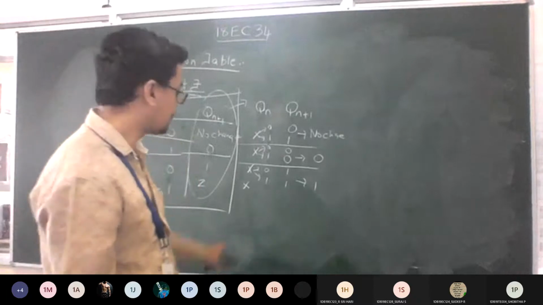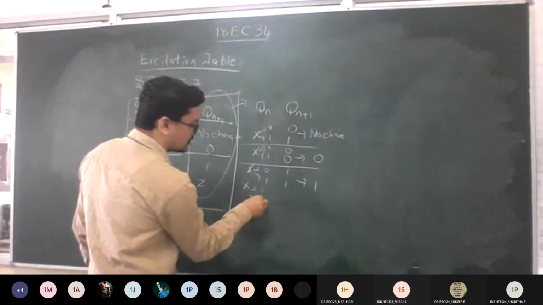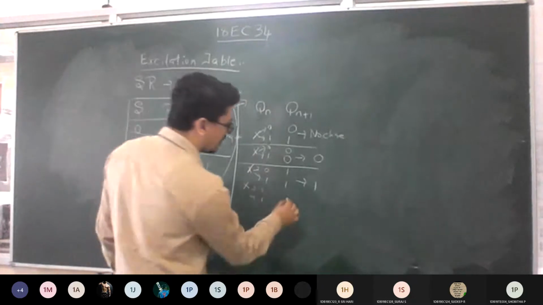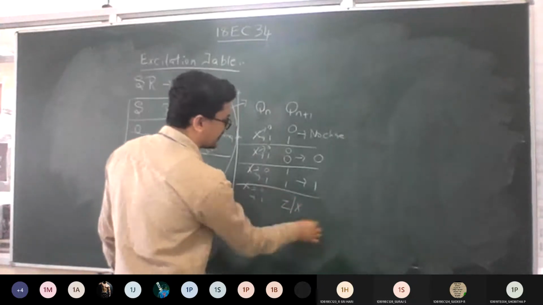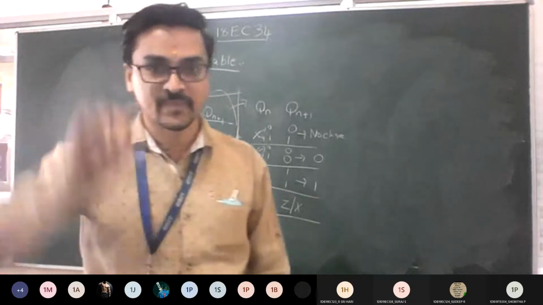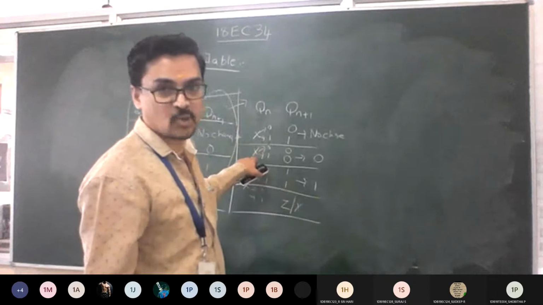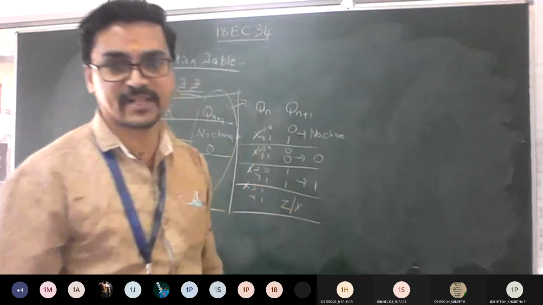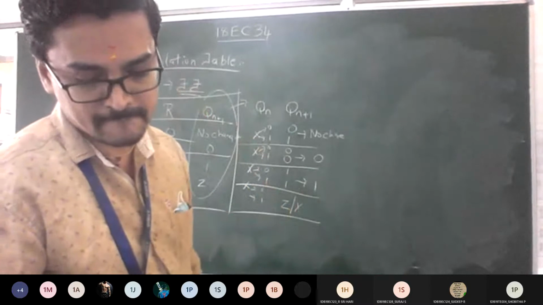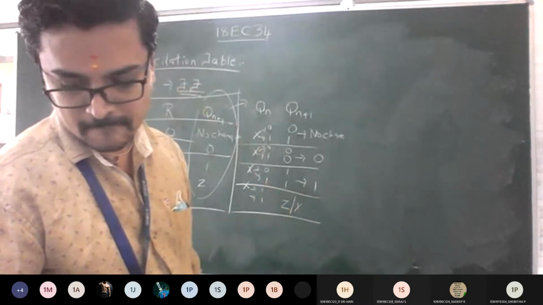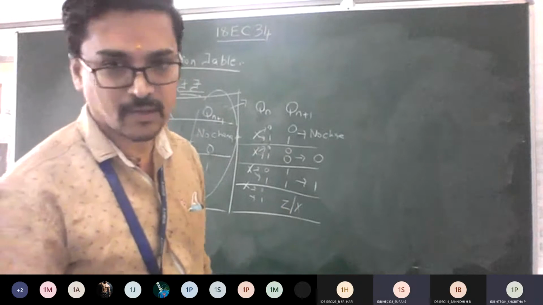Okay. So what will happen for the last category? If you take 1, 1, what is happening here? It is going to the high impedance state. Some books give it as X, some as Z. Both are the same: high impedance state. And don't compare this X with the other X. This is the don't care condition, and this is the high impedance state X condition. Have you got this much first of all?